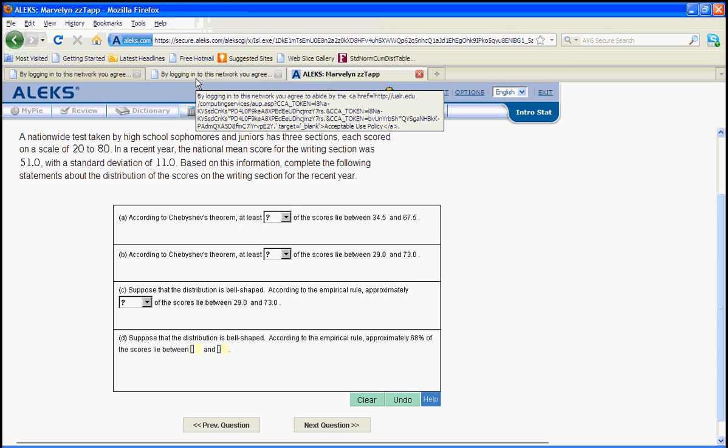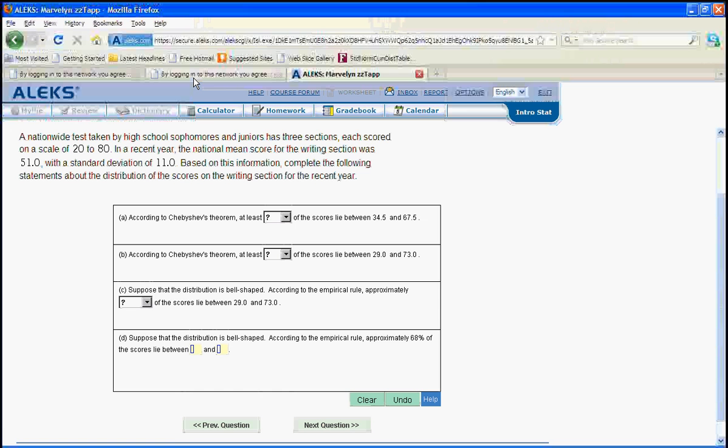This is a Chebyshev's problem, and even though we have it in our notes, this one's been a little bit tricky. So I wanted to go ahead and do one in ALEKS to help a few students out. Okay, we have a nationwide test taken by high school sophomores and juniors, has 3 sections, each scored on a